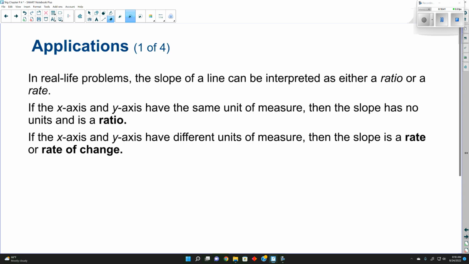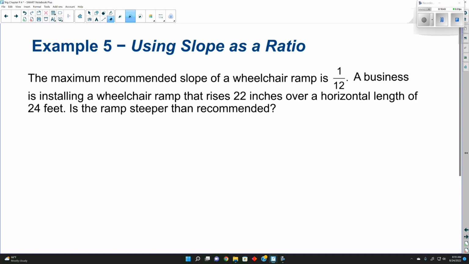I mean, we can use this rate of change in, again, real-world problems. This one here is as close to a real-world problem as we can get, because if we're talking about wheelchair ramps, there's a certain increase in elevation that they don't want it to surpass, which just makes sense because